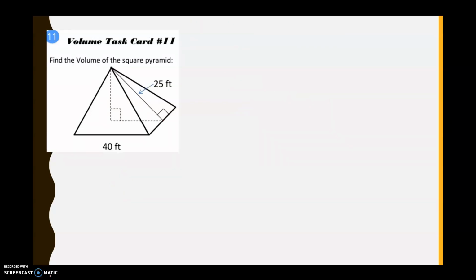Number 11, same thing. We're going to take the volume, and that's going to be equal to 1/3 big BH. So I'm going to get 1/3, big B is going to be 40 times 40, so that's going to give us 40 squared. And then we have to figure out what our h is here. Well, I know this length is going to be half of your base edge, which is 20. So using Pythagorean theorem with your hypotenuse of 25,